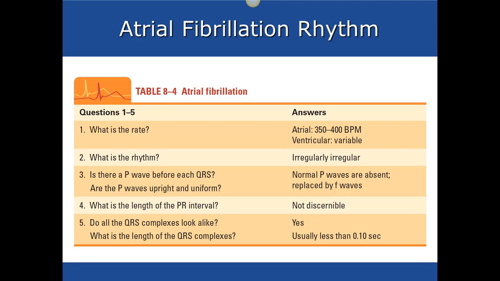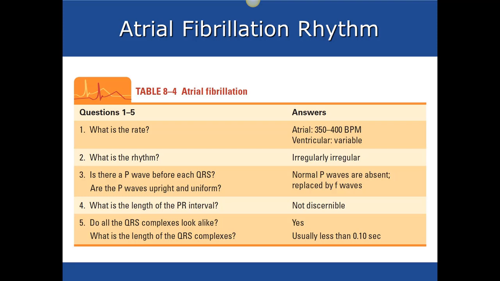And keep in mind, when we are looking at P waves, normal P waves are either just not there and we have kind of like a squiggly line where P waves would be, or it could be completely flat and we wouldn't see anything at all. As far as the length of the PR interval, there is no PR interval because there are no P waves. The QRS complexes generally all look alike, and they're going to be less than